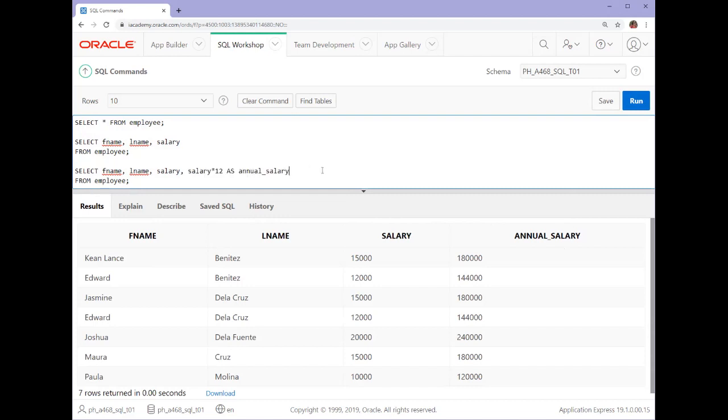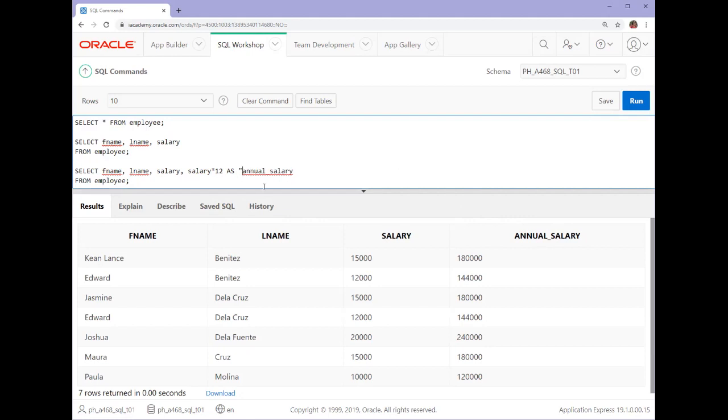Take note that the alias name is by default in uppercase. As you can see, it automatically converts into uppercase or capital letters. What if, for example, I want to display the alias name starting with a capital letter only? You can now